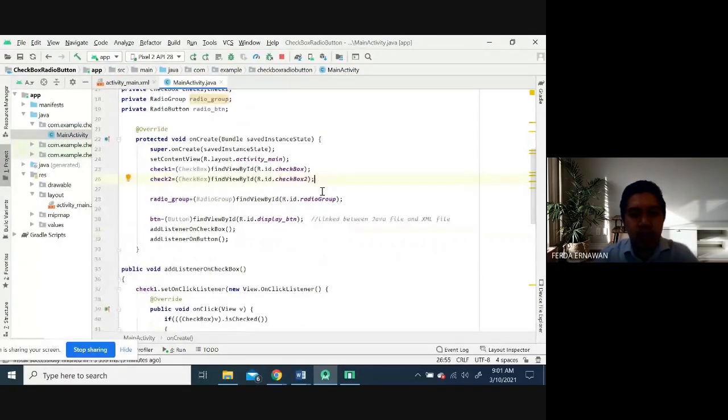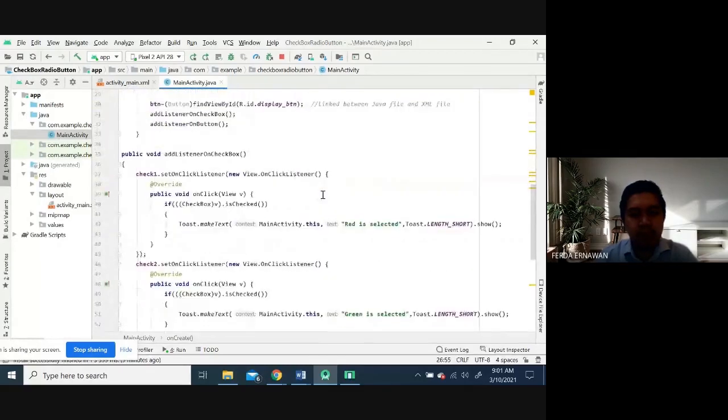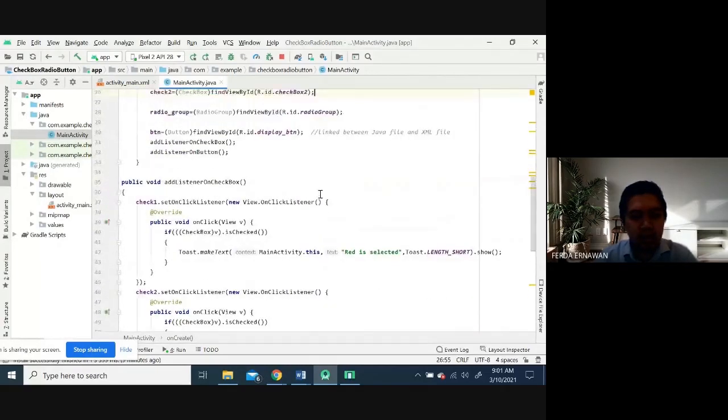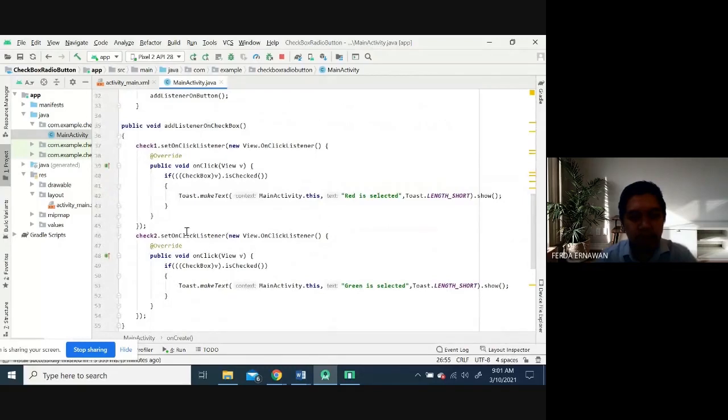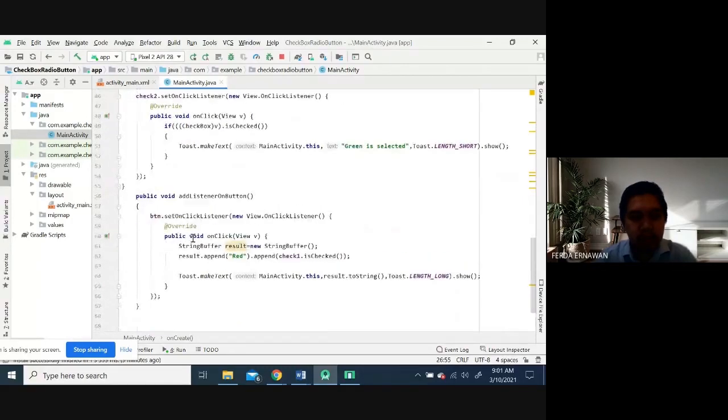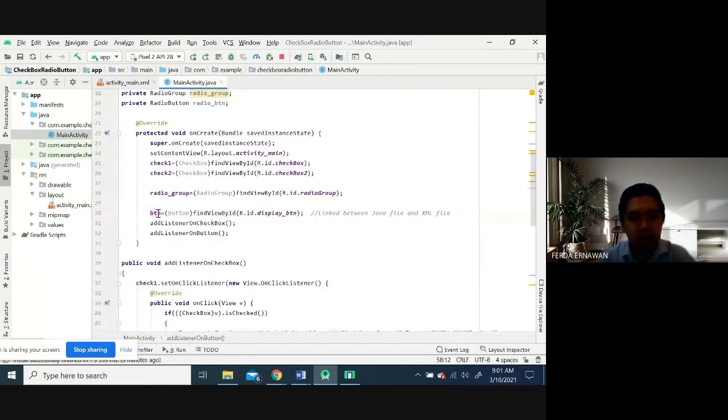And then let's say I want to modify this one button. Okay, this one button, set on click listener, public void. Okay, this is radio group done.